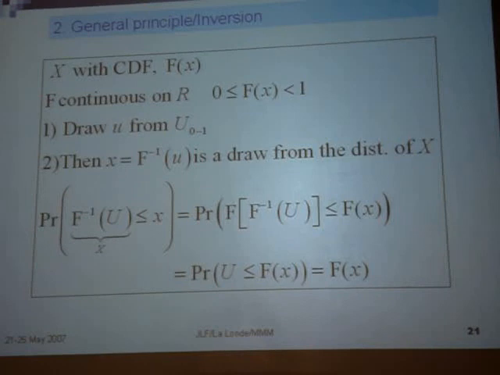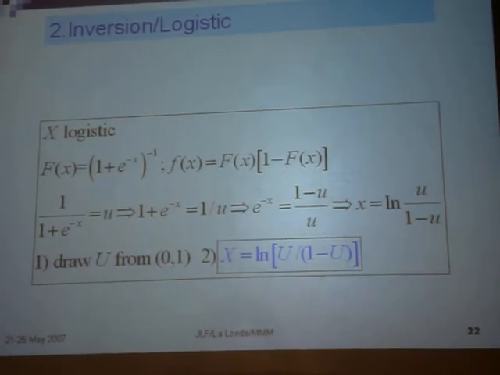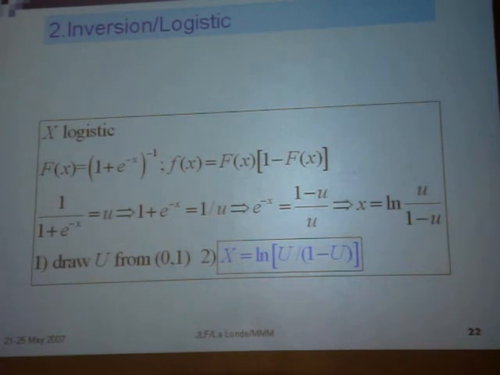So, provided you have a simple expression for a cumulative distribution function, you can generate a lot of distributions. And we will review a couple of examples. The first one is the logistic, for instance. Remember, we used the logistic with binary data or with growth curves. So F of x is 1 over 1 plus